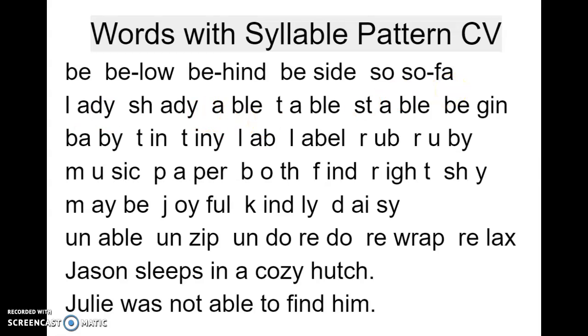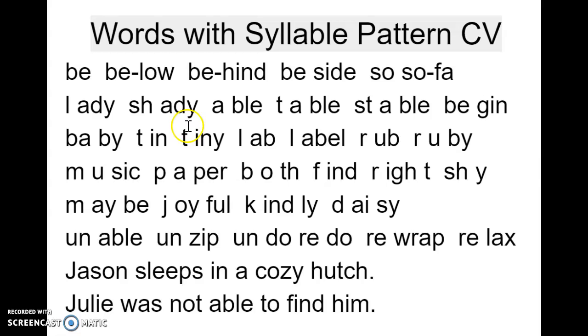So, as we're doing the blending lesson, think about how many syllables. You can even clap the syllables with your hands. You can clap how many syllables, and then you can easily count the syllables as you are doing the clapping. So lady, lady,